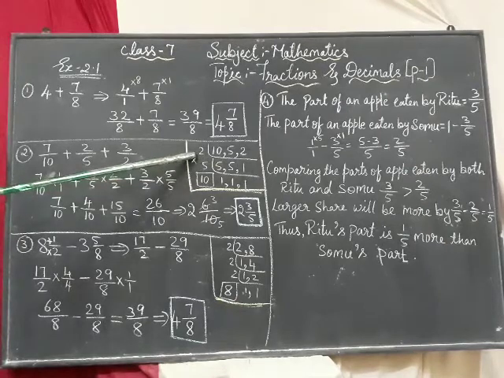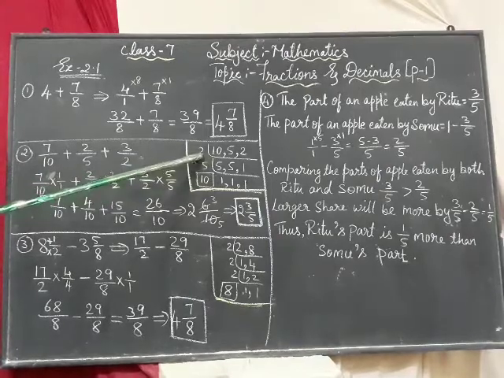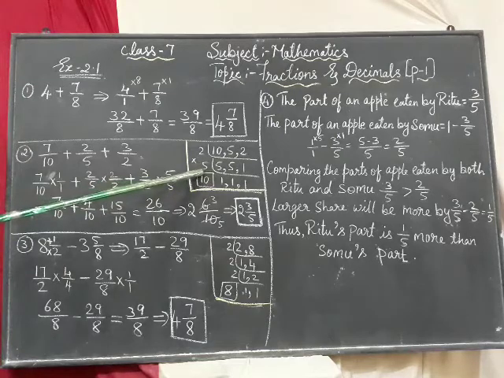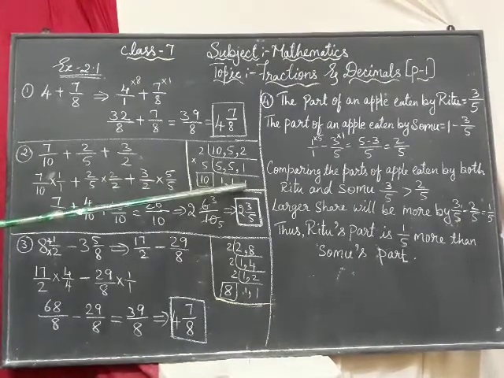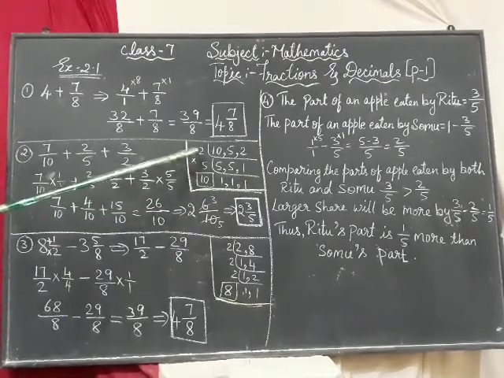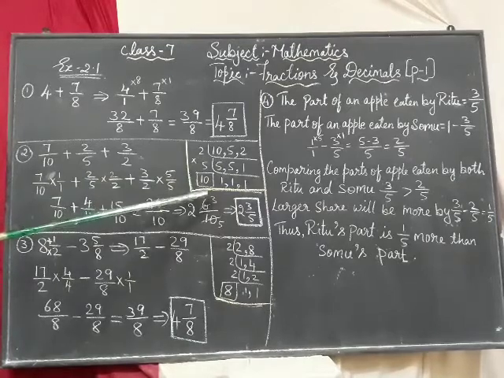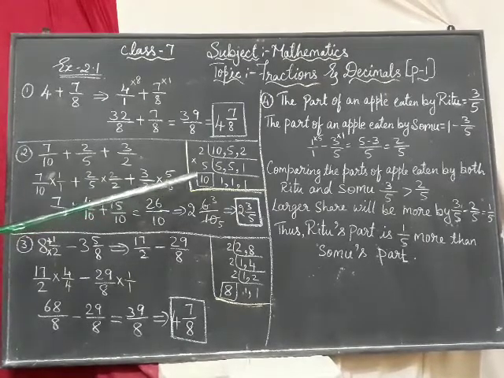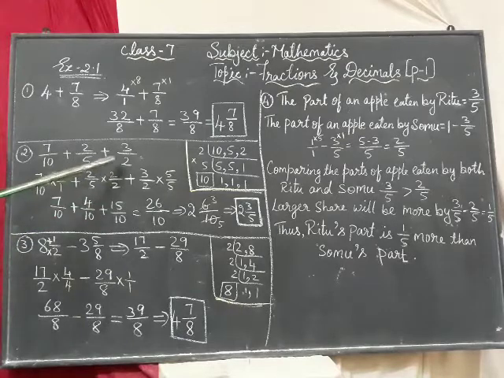So from which number we will start? From the smaller number for the LCM. 2, 5 is 10. Then 5 will not go as it is. Then 2 1s are 2. Then 5. Why I have taken 5? We should see and do the LCM that you have learned in your earlier classes. So 5 1s are 5. All became 1 here. Till we get 1 here, we should do this. Now multiply this. 2 5s are 10. What we got, what we got LCM? 10. So all these denominators we should change it into 10. So what number should I multiply to get 10? Already it is 10.